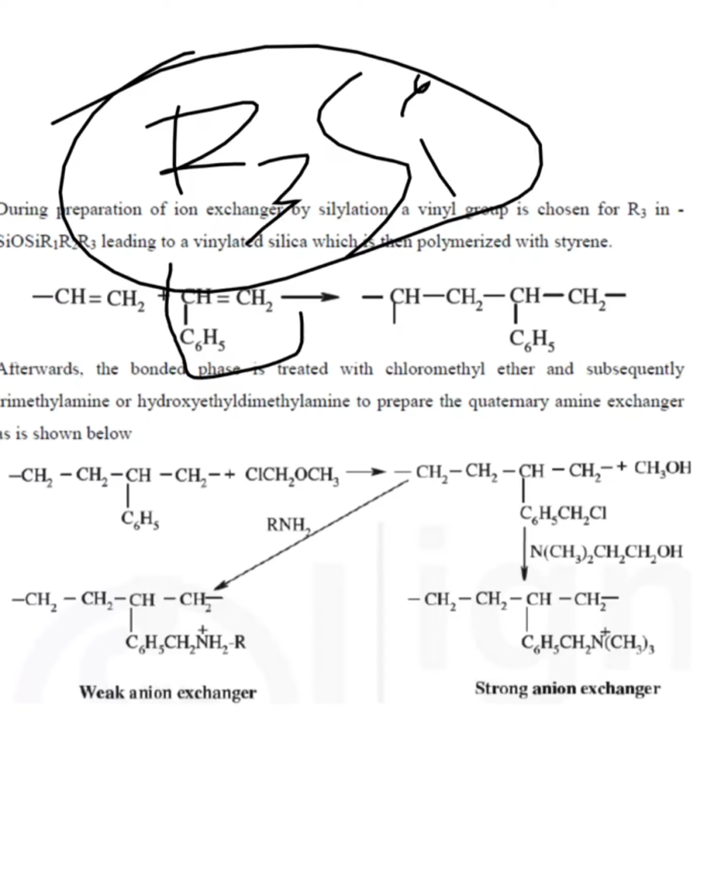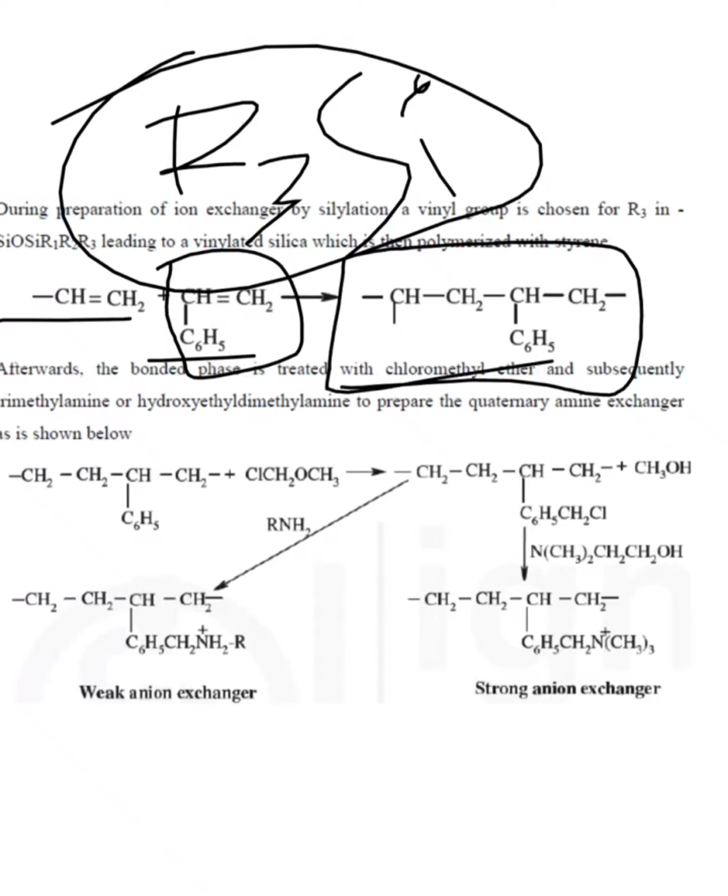Here we are using styrene. This is the styrene, and further in the preparation of ion exchange chromatography, you are using a silyl vinyl group, chosen for the R3. This is the silicon monoxide, and further styrene is used to form the bond, to form the polymerization of styrene, and further the bonded phase is treated with the